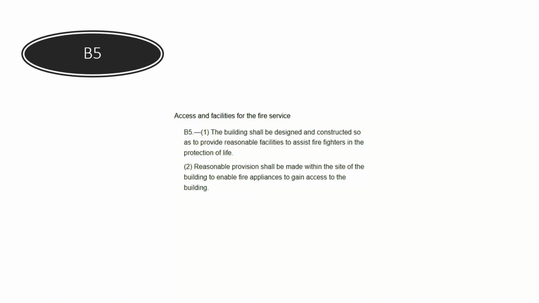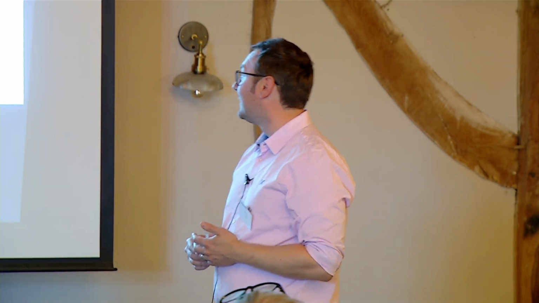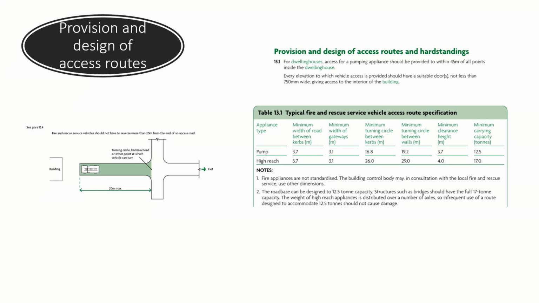B5. So this is, again, Schedule 1. Access and facilities for fire service. The building should be designed and constructed so as to provide reasonable facilities to assist firefighters in the protection of life. Now, believe it or not, there's a number of golden rules in ADB, and I did a bit of